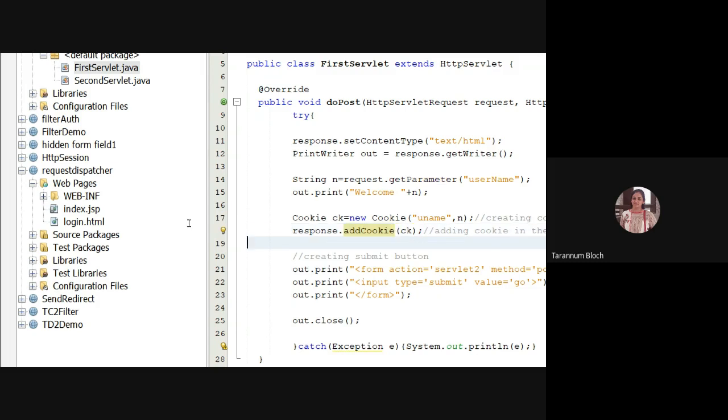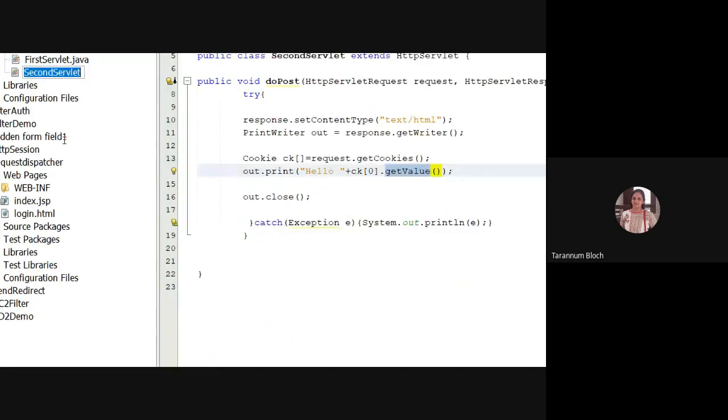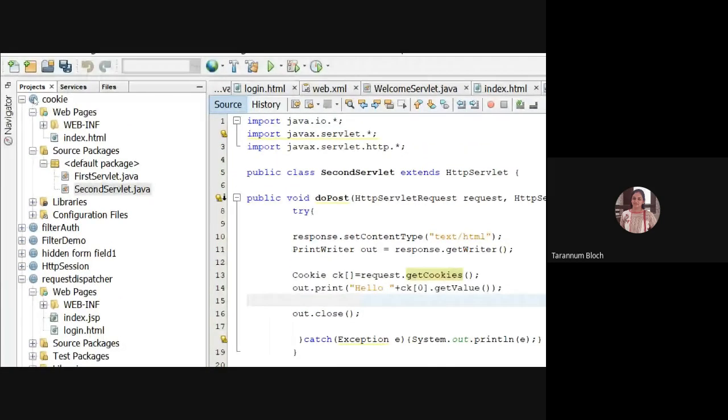Cookie variable uname, right? And it is added back to the browser. The second time when the user is clicking on go, it will go to the second servlet, and here we are trying to get the cookies from the browser. So uname is there in the browser holding the value Taru. So when I say ck[0], I'm talking about uname. When I say ck[0].getValue, it will print my name Taru.